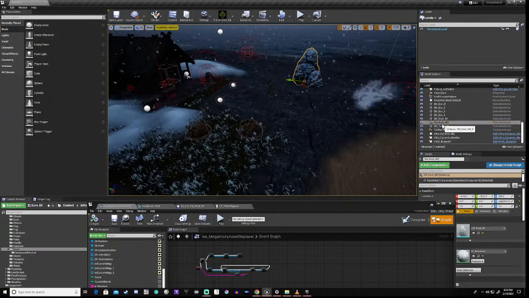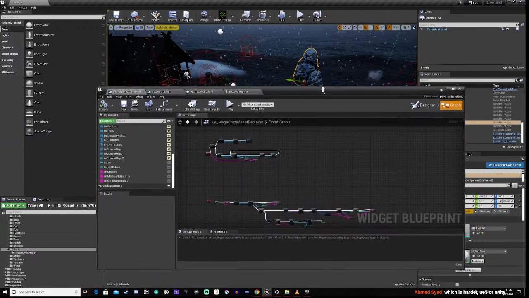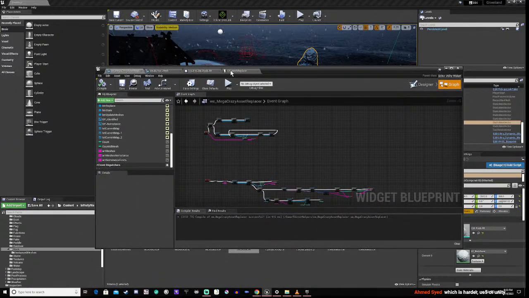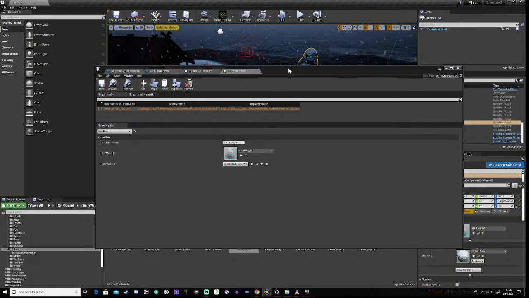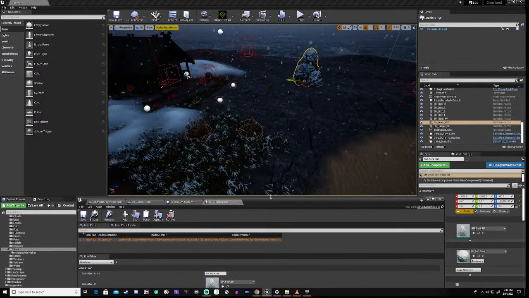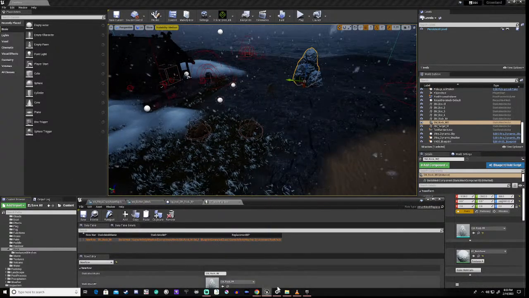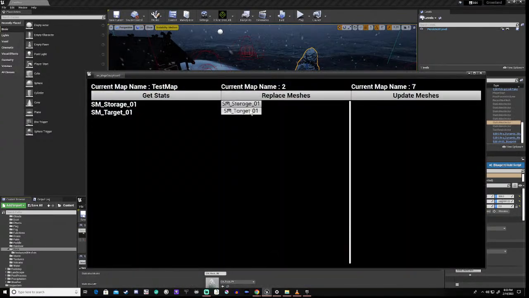They both have their pluses and their negatives. You've just got to decide for yourself which one you're comfortable with. Right, so that is right, that's right, and that's right. So why is it not doing the thing that I want it to do? This should be doing what I want it to do.